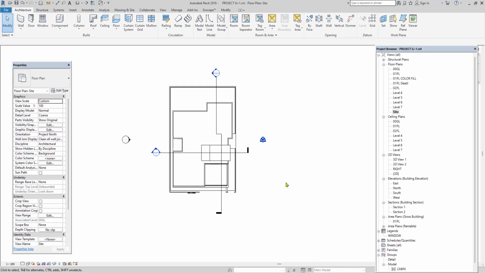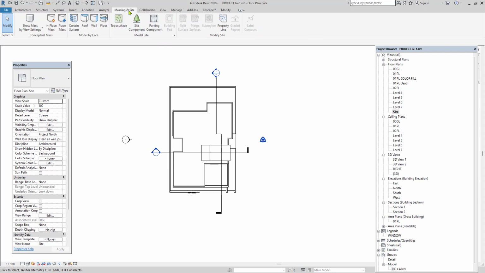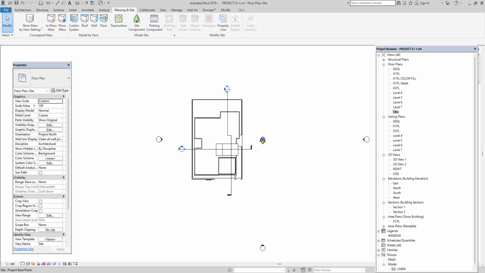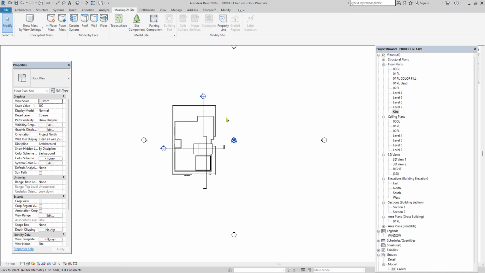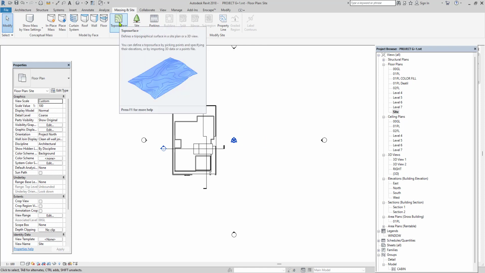To get the massing and site option, just after the analyze option, we have to click on the massing and site. Massing and site is a concept where we can develop the site surrounding the model or project, you can say. For that, we have the site option separately in the floor plan option. Make sure you are in the site option. So this is the logo of your site. That means you are in the site. And then here we have a topo surface. You can create the topo surface or any plane surrounded your model.